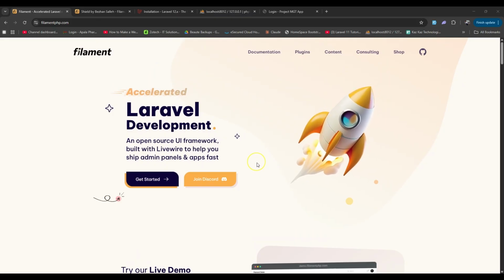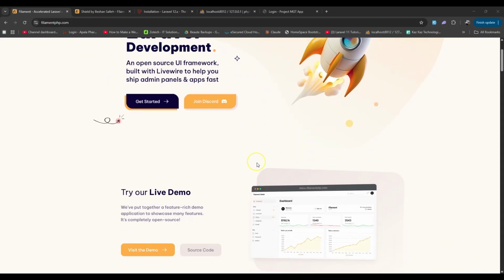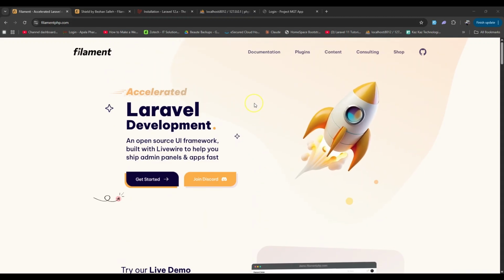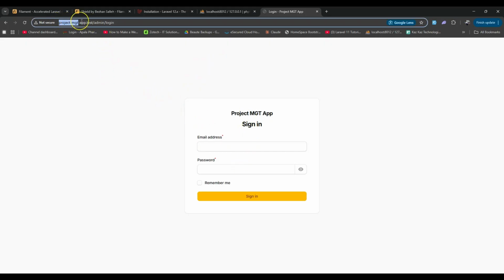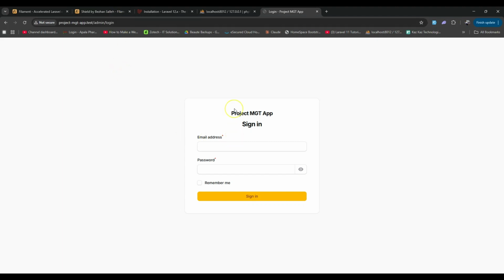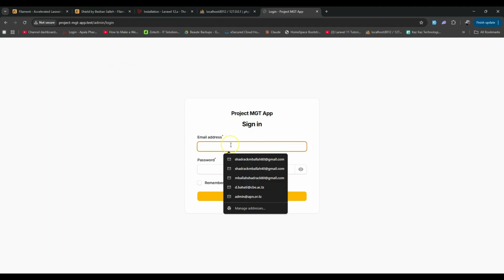So for now, without further ado, I want to show you the demo of the application that we are going to build today, and I'll explain everything that we are going to build through that demo. So let me navigate to my demo application, and here you can see I have this beautiful sign in or authentication page, which is our login page, where the user can sign in to our application. You can see here, this is the URL of our application, and from here you can sign in by using the